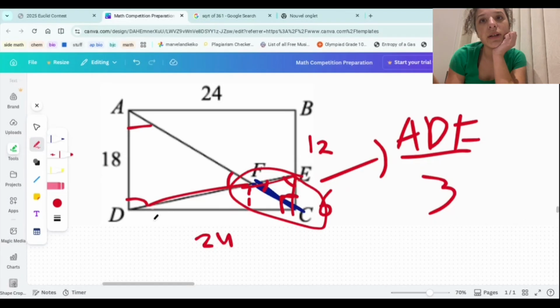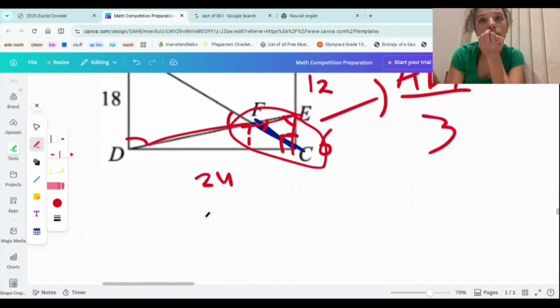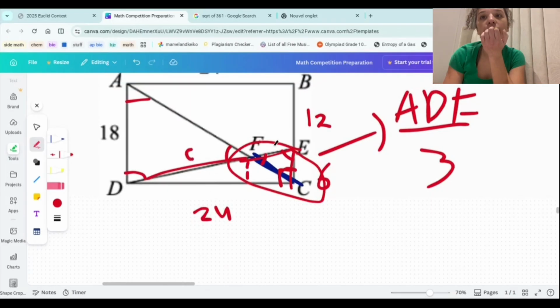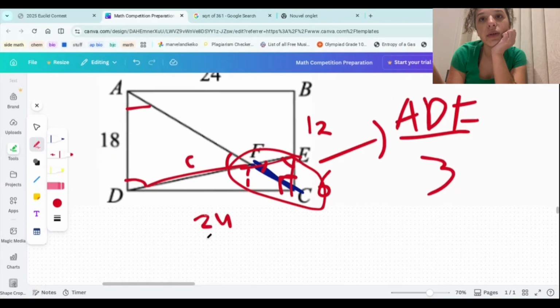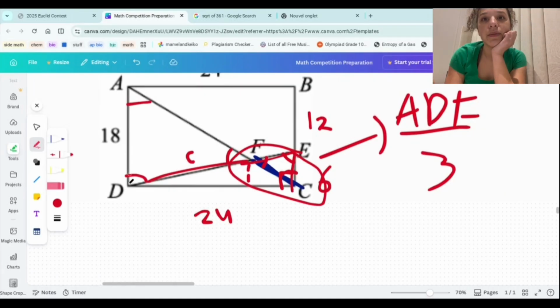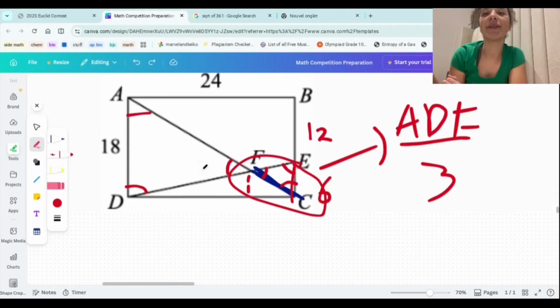Oh, I mean, I could technically find this entire side length. I think I might try doing that actually, because it would be whatever C is plus, no, that's not what I want to do. I want to do it the other way. Wait. No, sorry, that was right. If I find this, right, I know this is 24. And I know this is 6, so I can find the entire hypotenuse, and then I know that it will be C plus, oh, sorry, I just did the same mental reload twice. Okay, that was not what I want to do, and the reason is because I want to find this,